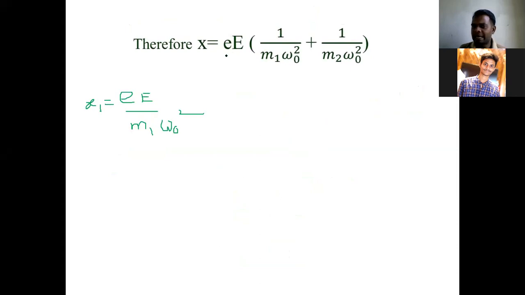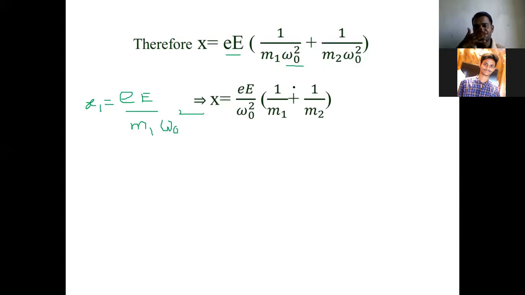What is the common value? Small e into capital E by 1 by m1 square, m1 omega naught square plus 1 by m2 omega naught square. Now omega naught square is taken as common. So x is equal to small e into capital E by omega naught square into 1 by m1 plus 1 by m2. Remember, m1 is the mass of the